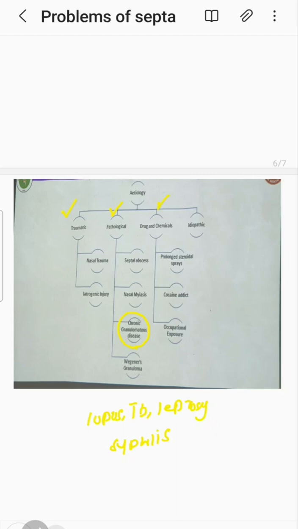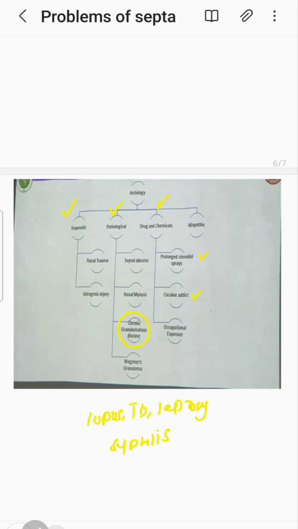Then you have to talk about the demographics. In the demographics, you may ask if that person has any occupational exposure of chromium plating, dichromate, soda ash, or arsenic. You may have to ask in the personal history if the person is a cocaine addict, and you may ask in the treatment history whether he has been using steroid sprays for more than 6 months in the past without any break in between. Idiopathic is that there may be no history of a trauma or previous disease, and the patient may even be unaware of the existence